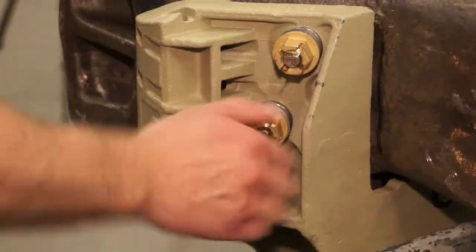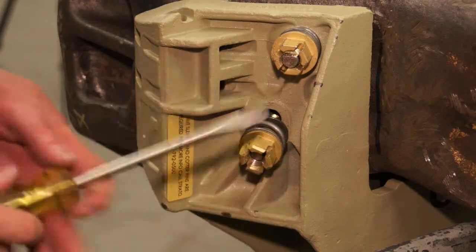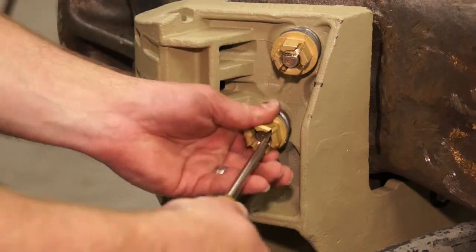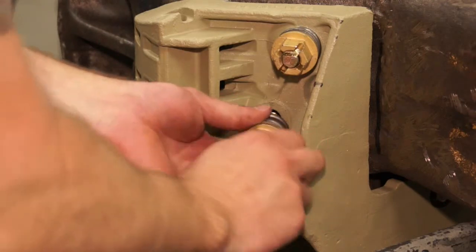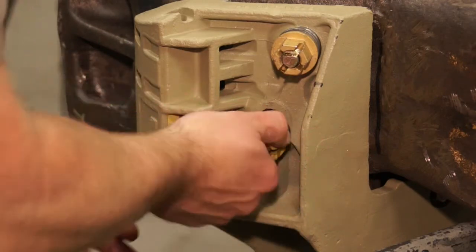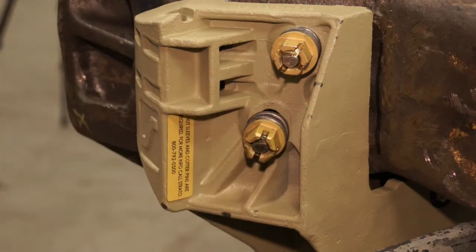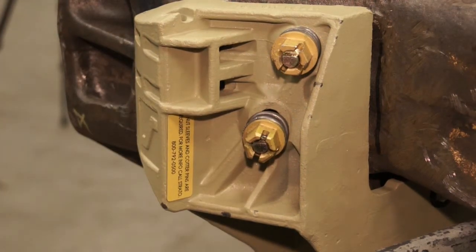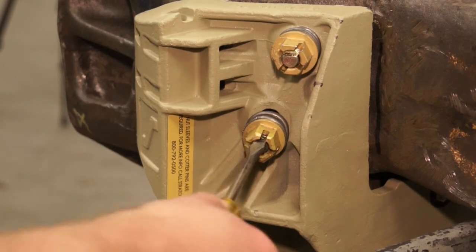Next, loosen the bottom spring retainer clamp to the end of the threads. Using a flathead screwdriver, push the clamp inside the lightener hole. Rotate the clamp 90 degrees with the screwdriver so the flat on the end of the bolt with the marking up is facing up. Now pull the clamp out and hand tighten the spring retainer assembly while keeping the marking